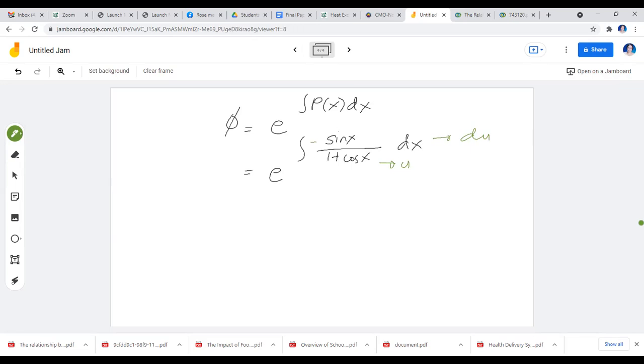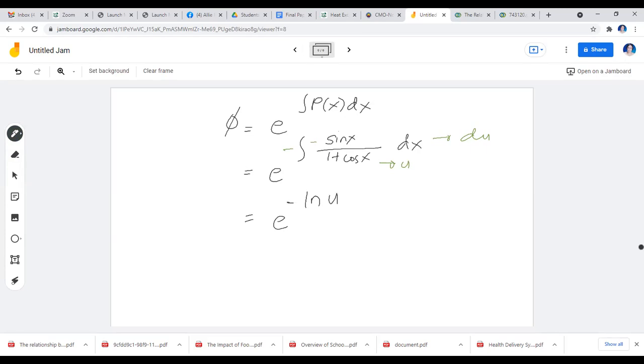And since our original integral does not have a negative sign here, then I'll place a negative sign outside. That way I did not alter at all my original integral. The purpose is I can simply have the integral of sine x over 1 plus cosine of x. Okay? So if you have a du over u, the integral will be